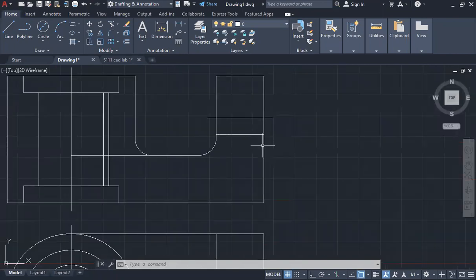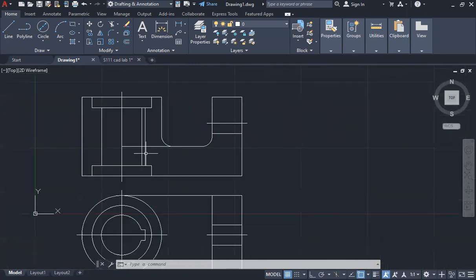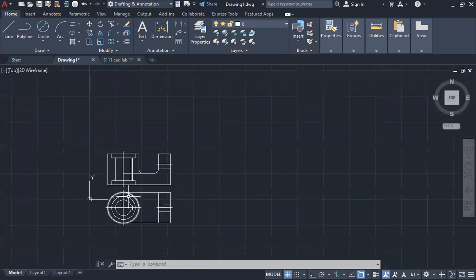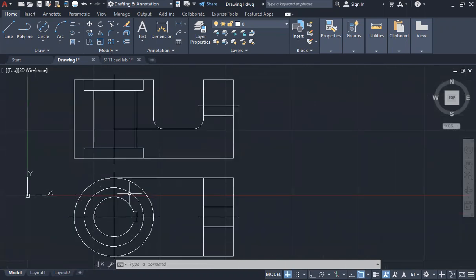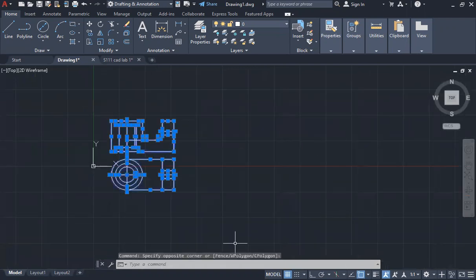Like in my case, I have a short line here and then a longer line here. They're all over the place. So I've got longer lines and short lines lying on top of each other. The problem this poses is when you have two lines on top of each other, you change the line type for one line and you have another line on top of it that has a different line type, your line type changes won't be able to be seen. So what we have to do is delete all of those lines that are lying on top of each other. To do that, highlight your whole drawing,